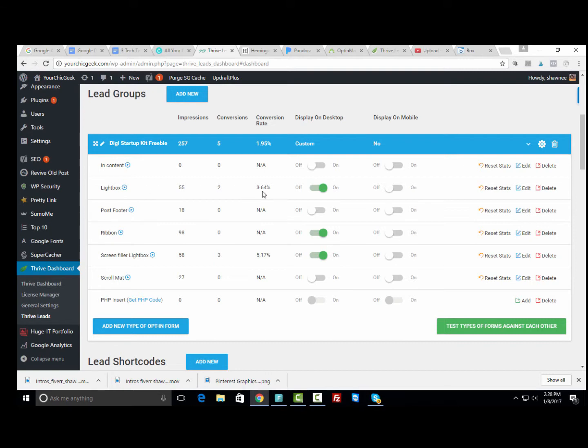As you can see, it's converting at 3.64%. I can create an opt-in box that can go on the footer of my blog post. I can create a ribbon, which I already have, and I need to do some work on that because it's not converting the way I want. A screen filler, I actually have that. That's converting at 5.17%. Scroll mats, and then I can do a PHP insert and get the code in order